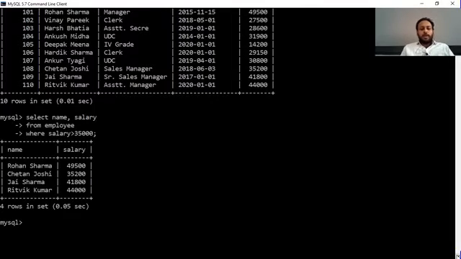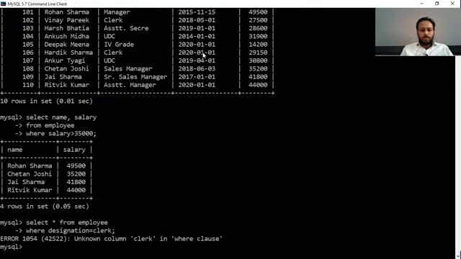With the help of where, you can use greater than, less than, equals to, not equals to. Like select star from employee where designation equals to clerk.